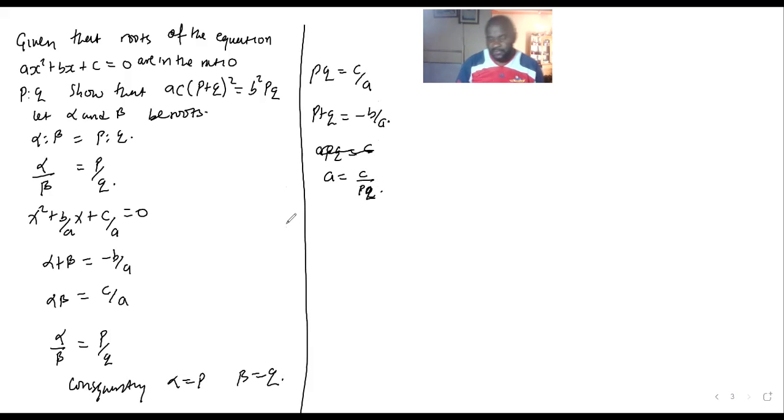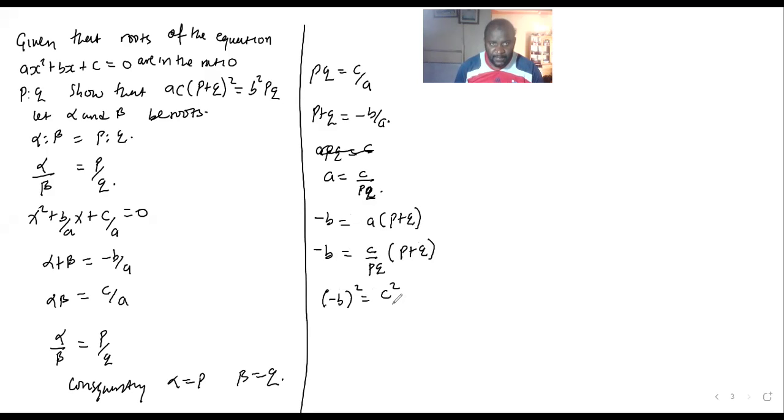So if a is equal to c out of PQ, when you look at negative b is equal to a into P plus Q, I can substitute for a and say negative b is equal to c out of PQ into brackets P plus Q. When I square both sides, I'll get negative b squared is equal to c squared out of PQ squared times P plus Q squared. This will give b squared as equal to